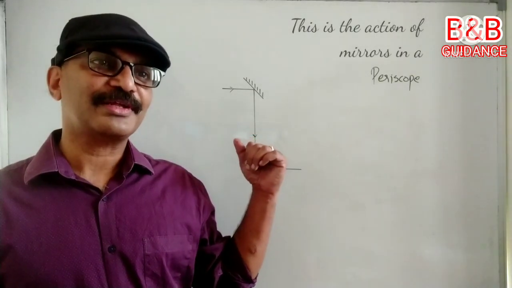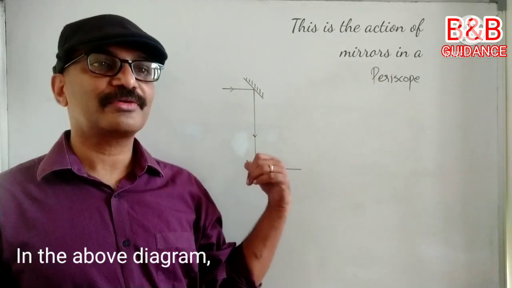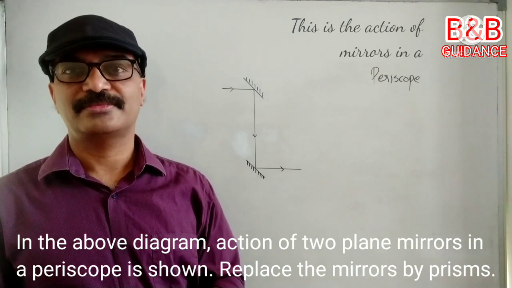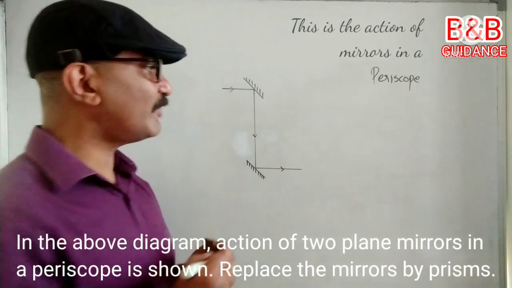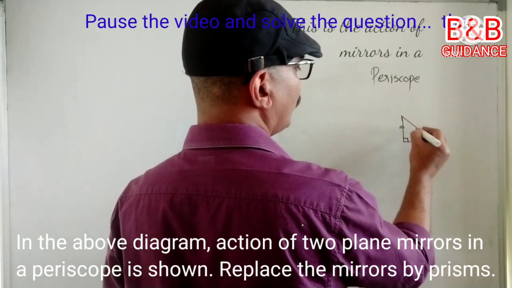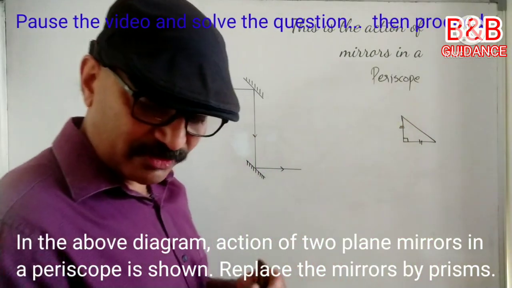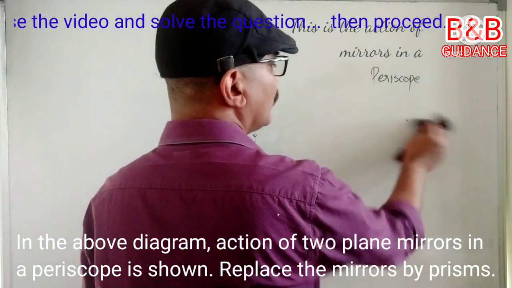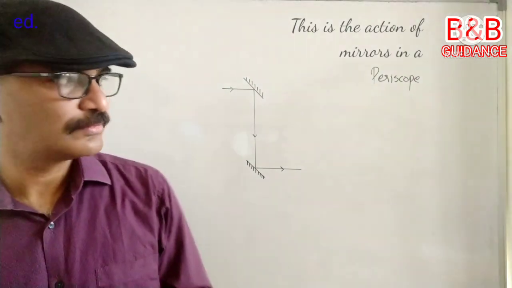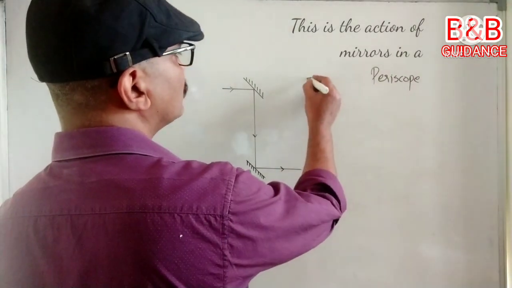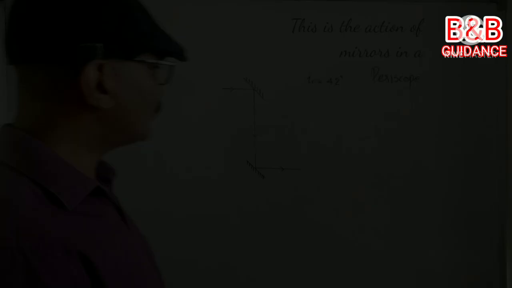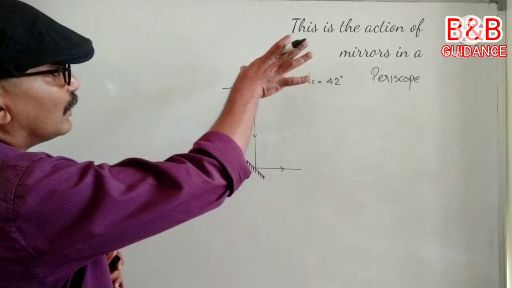The question is here. Instead of these mirrors, you must use total reflecting prism. Total reflecting prism means right angled isosceles prism. So these mirrors must be replaced by total reflecting prisms. How will you draw? Sir, the value of critical angle? Glass prism critical angle is also 42 degree. Yes, very good. So that is correct only.